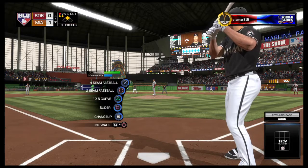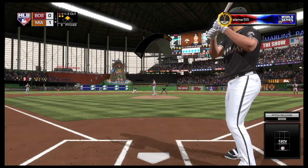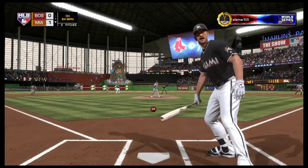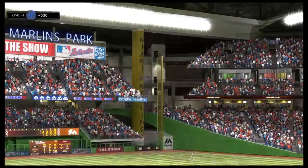Starts to go around here, but it doesn't matter. This is strike 2 anyway. Gray sets. Here's the 1-2. And he'll try to hold up in time, but to no avail as he...